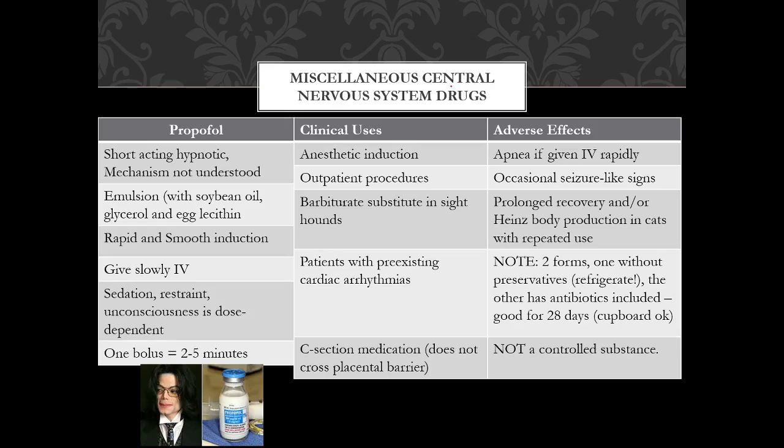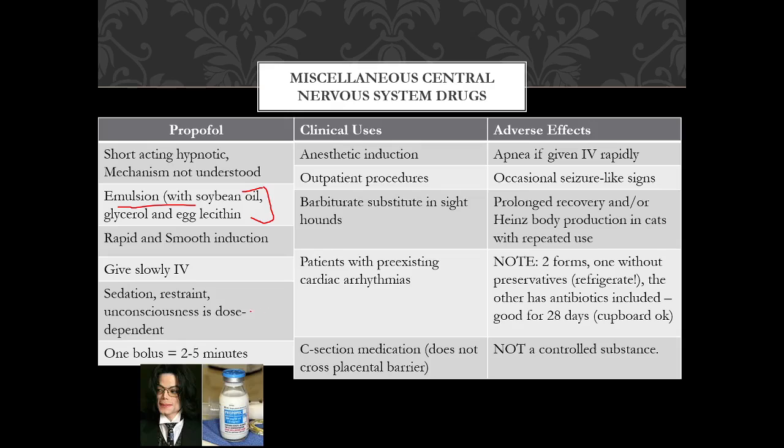Some other miscellaneous central nervous system drugs. Propofol is a short-acting hypnotic. We don't understand the mechanism. It's an emulsion that is made with soybean oil, glycerol, and egg lecithin. What a wonderful thing to grow bacteria in. It is a rapid and smooth induction. We want to give it slowly IV. If you give it too quickly, you're going to have respiratory